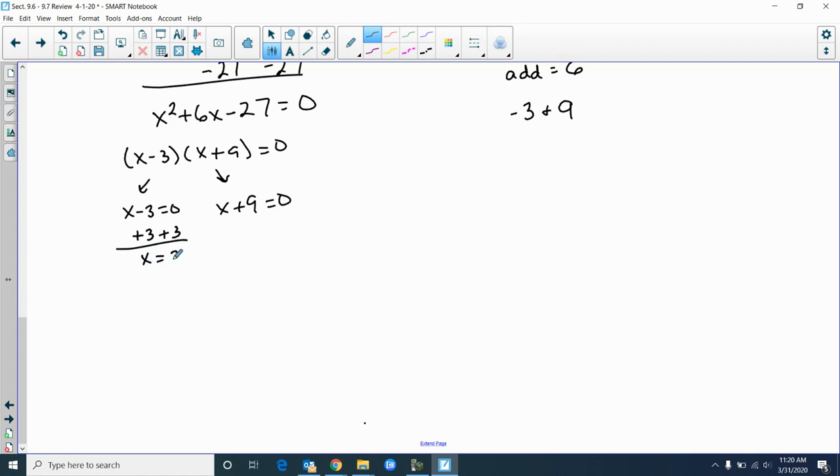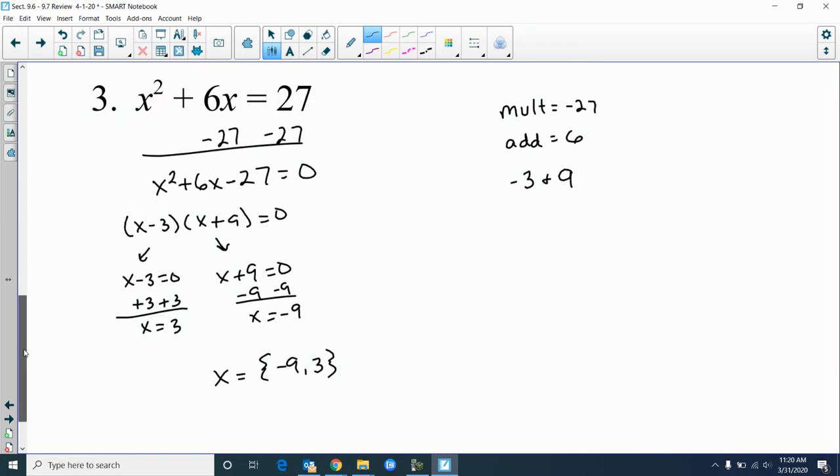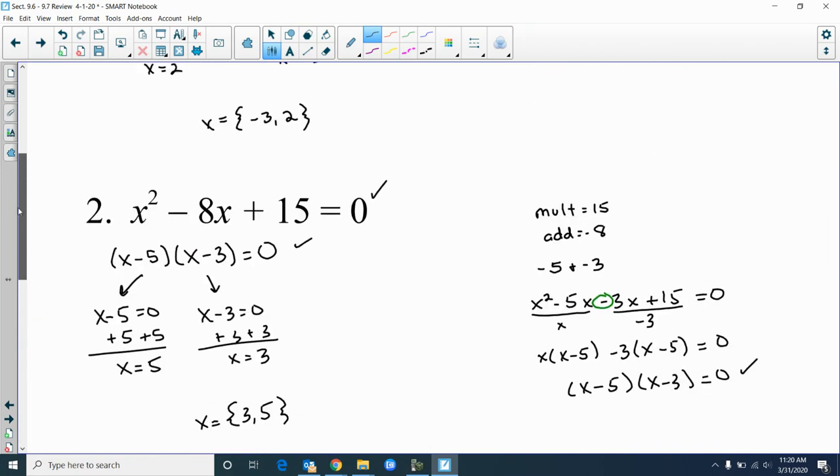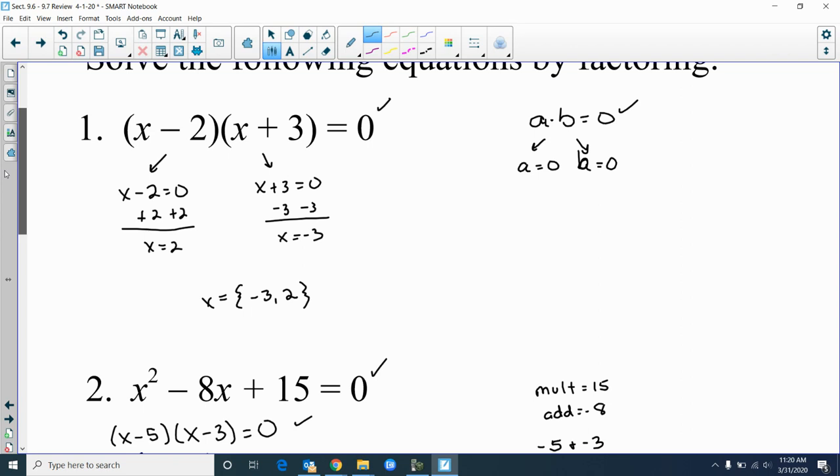Add 3, and now I subtract 9, and I get my two answers. So my two answers are negative 9, positive 3. All right, these are all from section 9.6, where it is either already factored, like the first one,